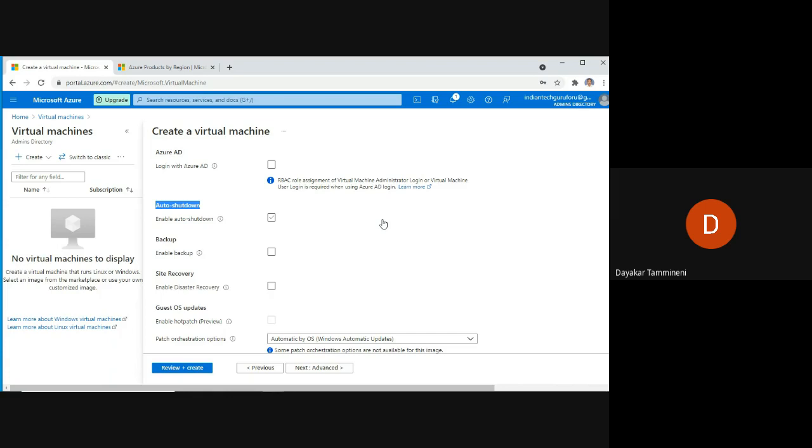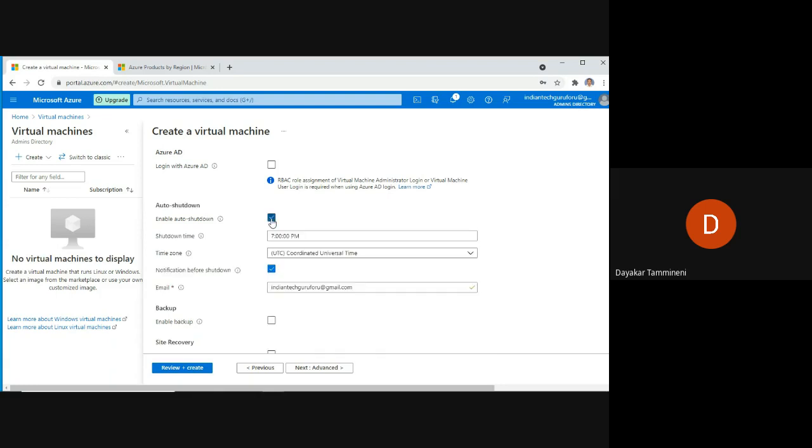Even though I am not using my virtual machine from night 10 o'clock to next day morning 9 o'clock, it is still utilizing my money because the virtual machine is running during that time period. So what I can do is enable Auto shutdown and specify the time, night 10 o'clock. Every night at 10 o'clock, it will be automatically shut down.